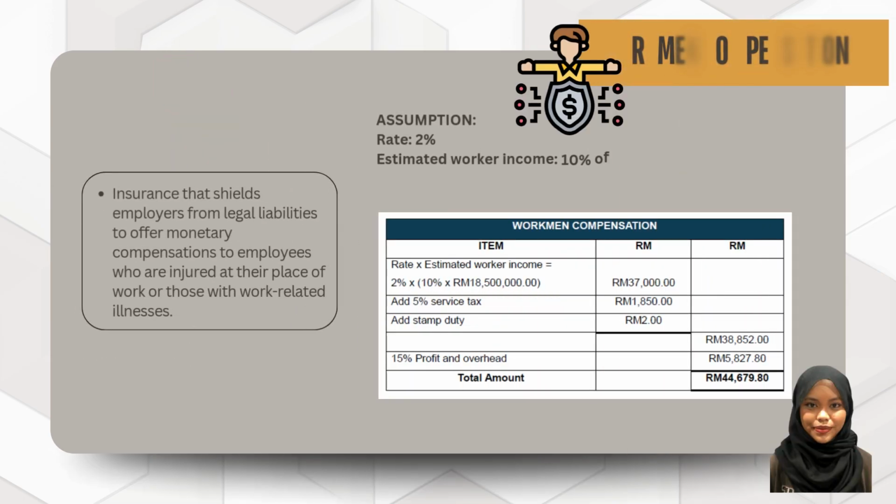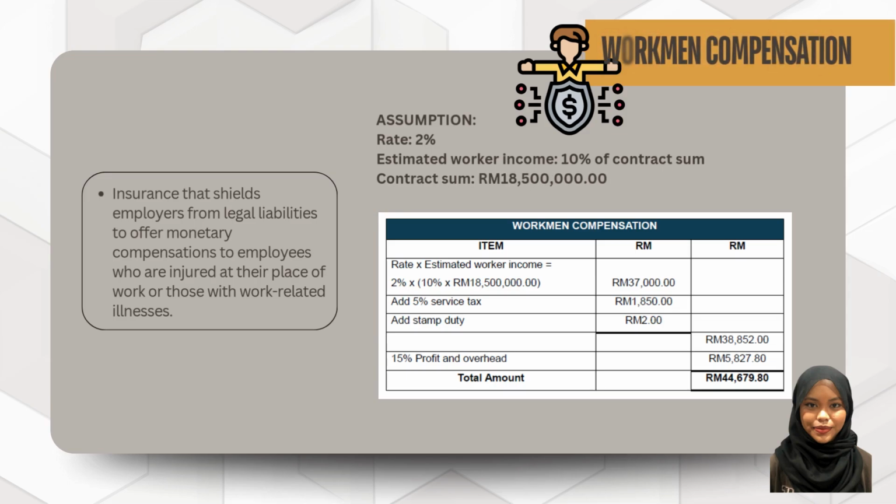The next item is workman compensation. Workman compensation is the insurance that shields employers from legal liabilities to offer monetary compensations to employees who are injured at their place of work or those with work-related illness. It includes injuries and diseases that happen while the employee is under the employer's service. So for the calculation, I assume that the rate is 2% and estimated worker income is 10% of the contract sum. So the contract sum here is